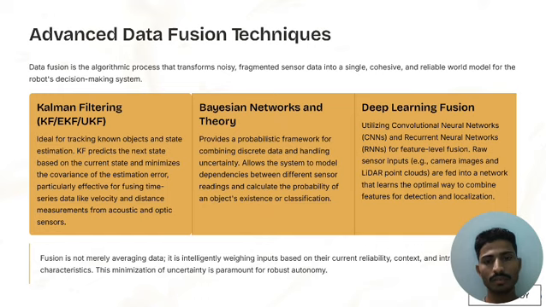Deep learning fusion, utilizing convolutional neural networks and recurrent neural networks for feature level fusion of raw sensor input. Fusion is not merely averaging data, it is intelligently weighting inputs based on their current reliability and inherent characteristics. This minimization of uncertainty is paramount for robust